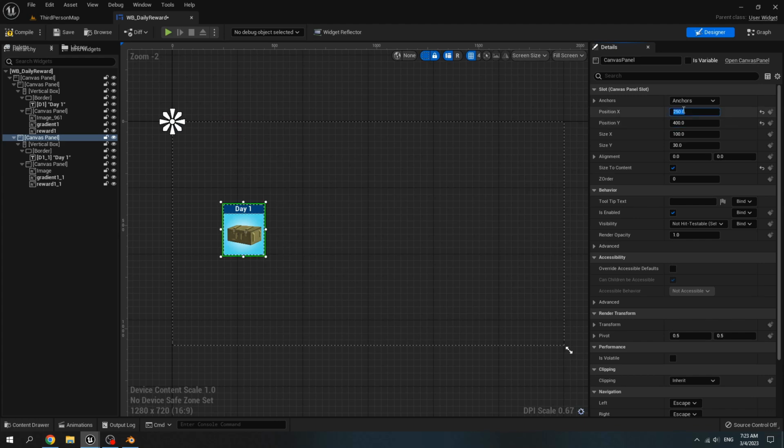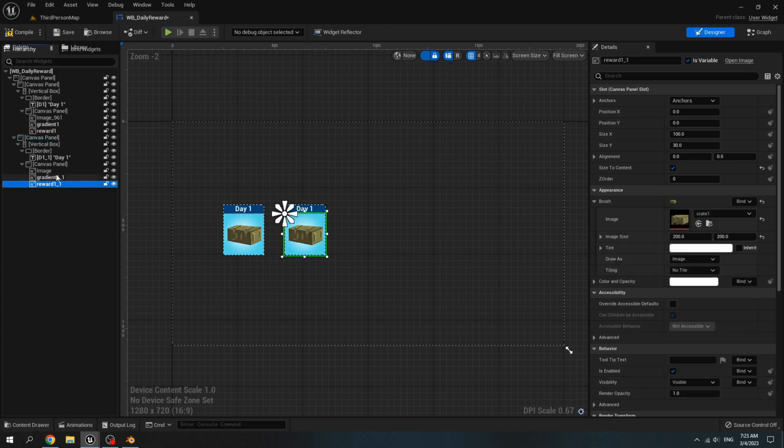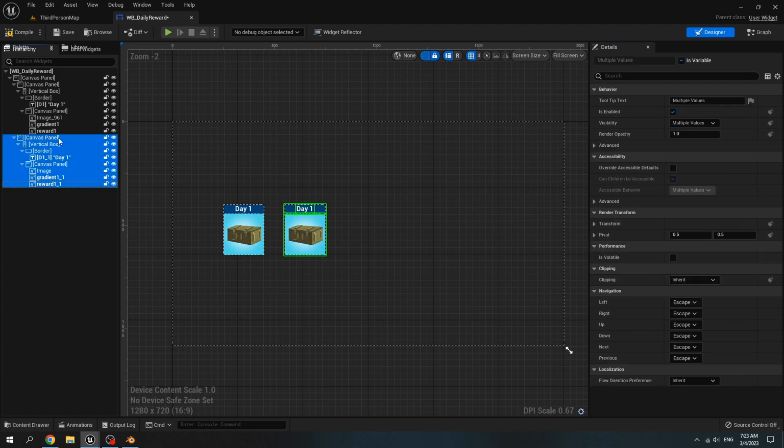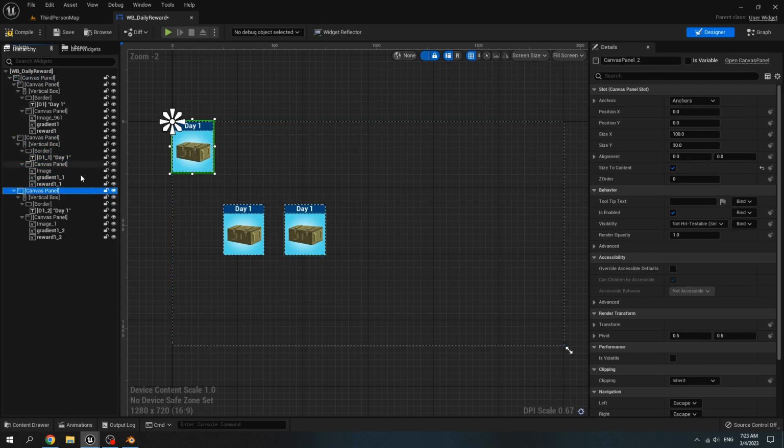Set the X position to 550. Duplicate it again. Copy and paste it again. Set X position to 850 and Y position 400.